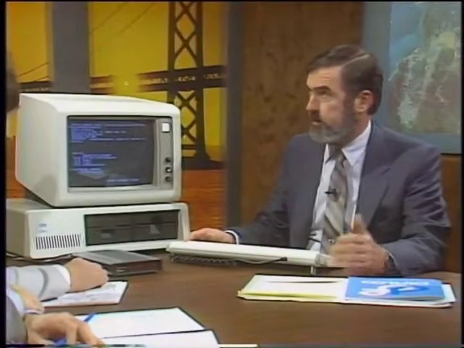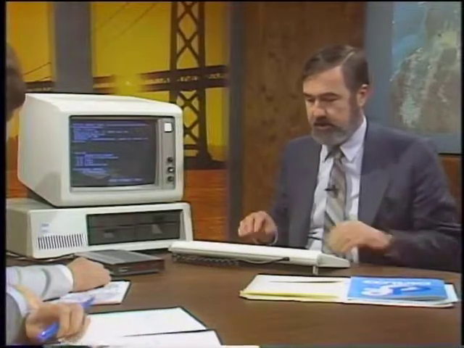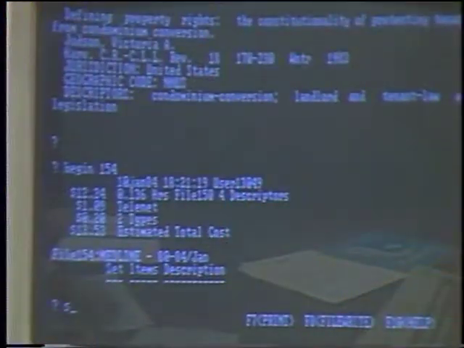Give us a demonstration of how you would use Dialog. Sure. A controversial issue recently has been Laetril and the fact that it contains cyanide and possible damage from that. I will go into the National Library of Medicine database called Medline, which indexes some 3,000 journals and contains 4 million abstracts, to see what it has on Laetril and cyanide. I've already logged into the database, so now I can just tell the computer to search out the words that I'm interested in. So I'll say select